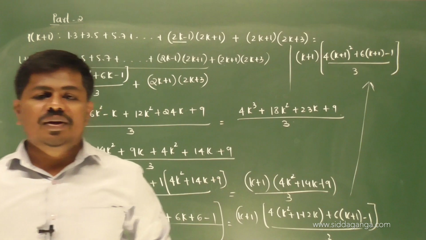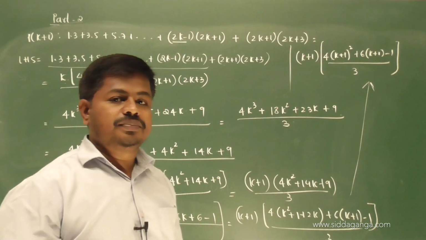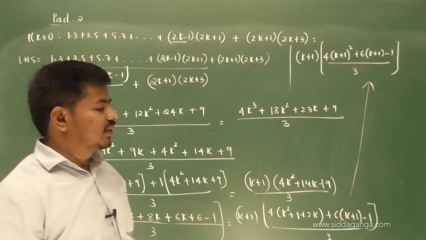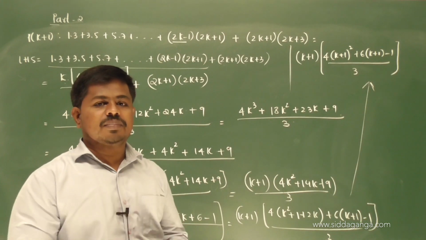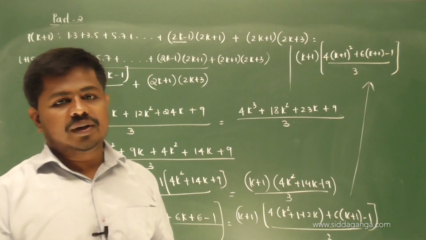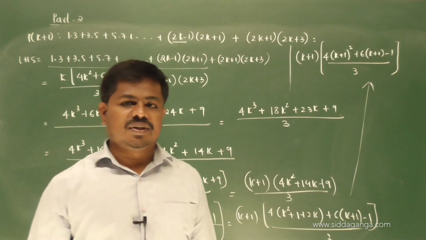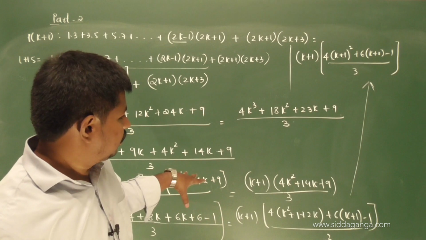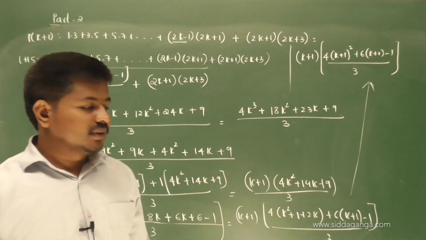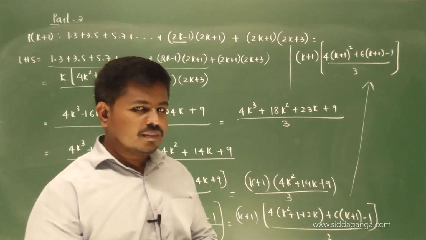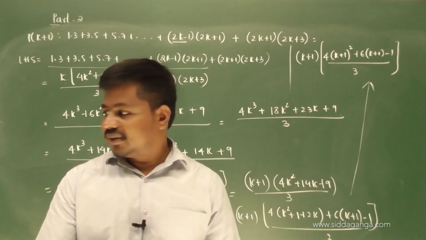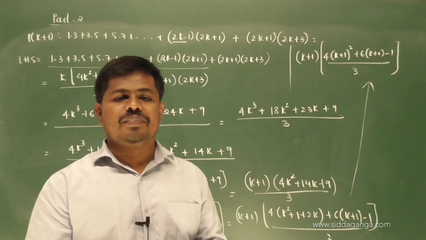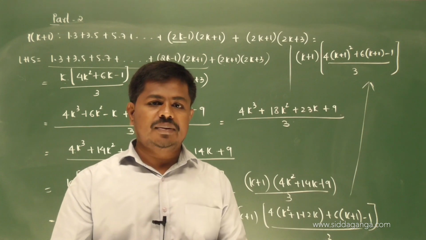This implies P of k plus 1 is also true. Hence, at last we should write, by the principle of mathematical induction, P of n is true for all natural numbers. You should write the conclusion. Don't forget that. And this is how to get the answer. This is somewhat difficult, but the remaining questions in this exercise are easy from this. Okay. Thank you. Let me continue in the third session.